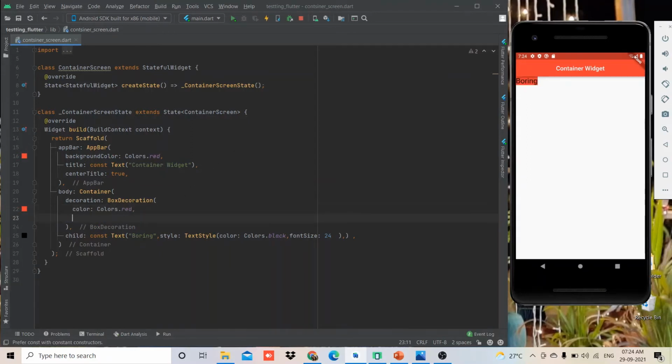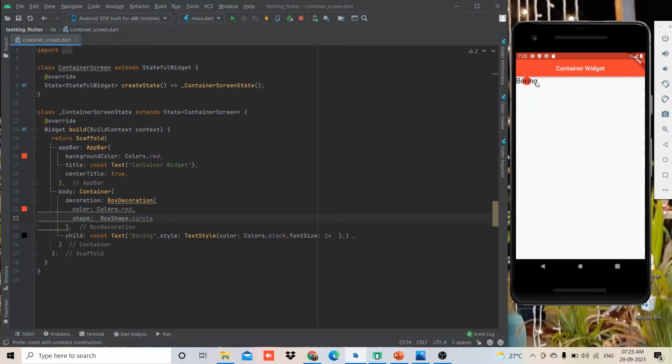Then we'll add the shape. The decoration is by default sized to the container's child, like the text widget height. So it will be by default this.